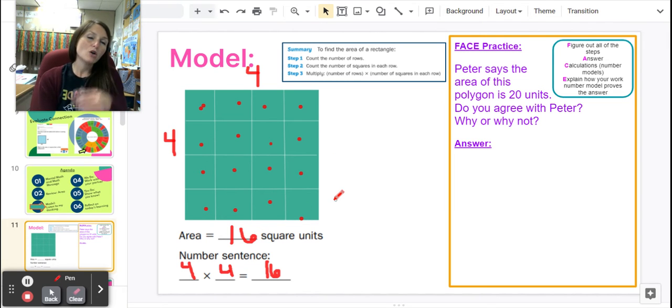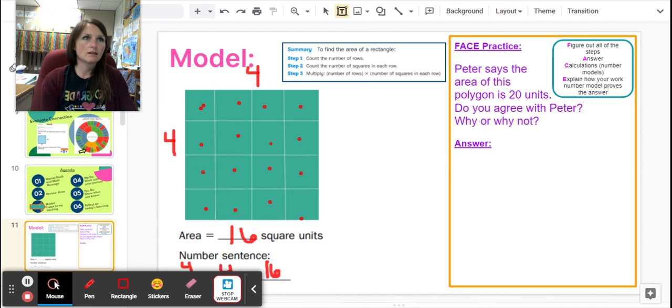Now today, because we should know that, right? But today we're going to also use the FACE strategy to help me answer a question about the area problem. It says, Peter says the area of this polygon is 20 square units. Do you agree with Peter? Why or why not? Well, I got the answer of 16. So is 20 going to be correct? No. So I'm going to make sure I say over here